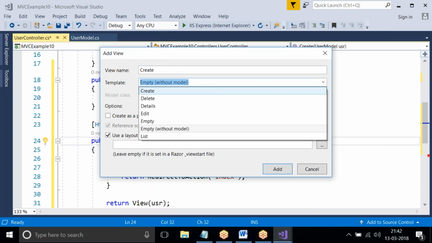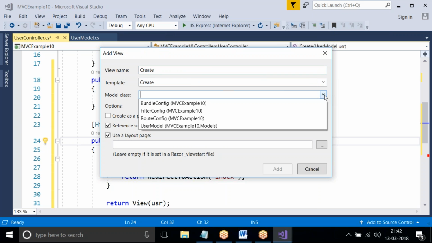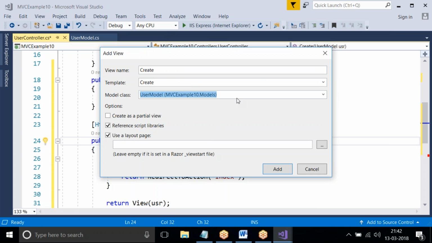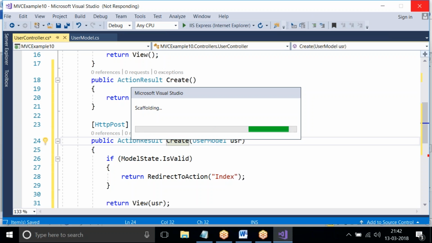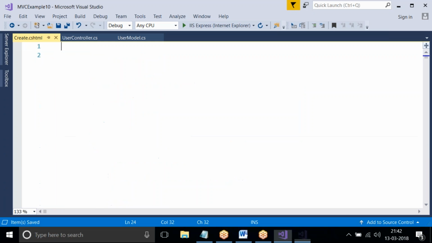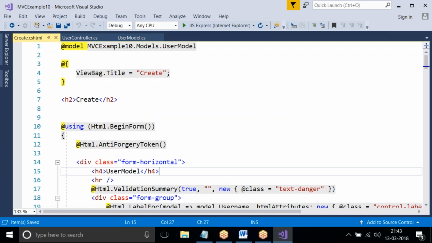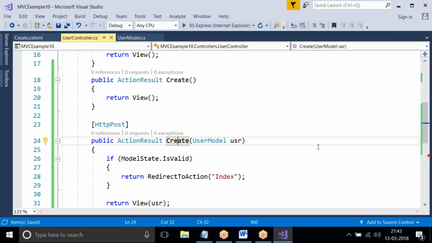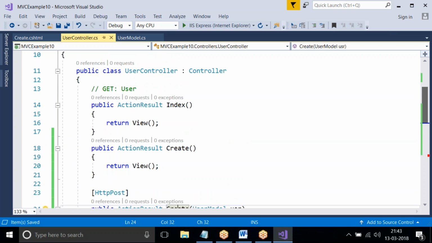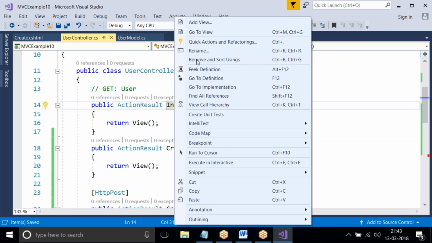The template is Create, and the class is the UserModel class, the user-defined class. I'm creating Index here, add view.